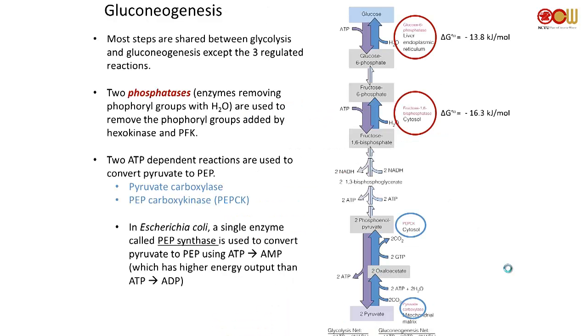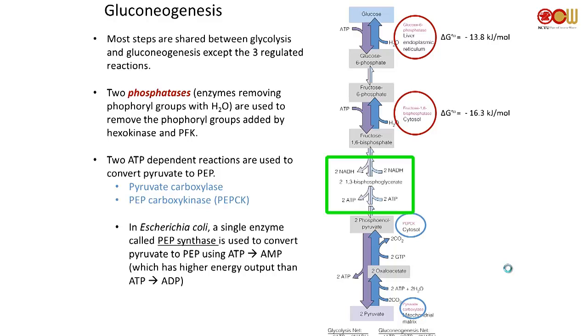So for gluconeogenesis, if you compare it to glycolysis, on the left side here it shows glycolysis. Glycolysis takes glucose, you consume 2 ATP here, then you produce some ATP, and then you generate pyruvate. Now, when you go back, going from PEP to pyruvate produces ATP, and the energy is still minus 30. If you consume ATP, the energy will be plus 30. That doesn't work, so we're going to have a different mechanism for converting pyruvate to PEP.